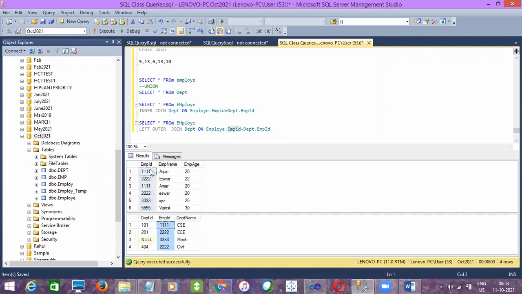Why we need to join with employee ID: these are the two columns which are matching with the values, right? So you have to identify a column which will have matching values between the tables. Only that column you have to use in the join. See, you cannot join employee name with department name, right? There is no relation between these two columns. So that's why I'm using employee ID and then employee ID here.